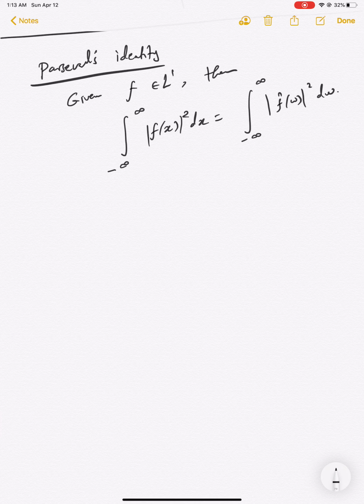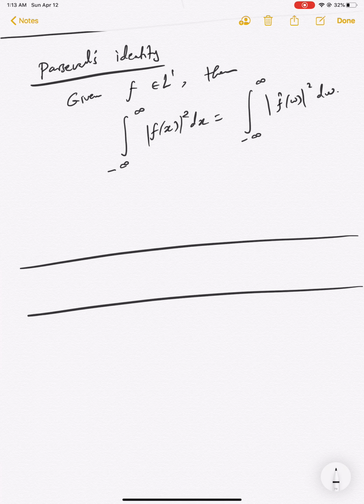So what does this say? It tells you that if you integrate the square of the function or the square of the Fourier transform, you're getting the same answer. Why is it called Parseval? Why is it related to Parseval's identity in complex series, for example? If you go back to Parseval's identity in complex Fourier series, what is it? It tells you that 1 over 2 pi, integral from negative pi to pi, the function squared